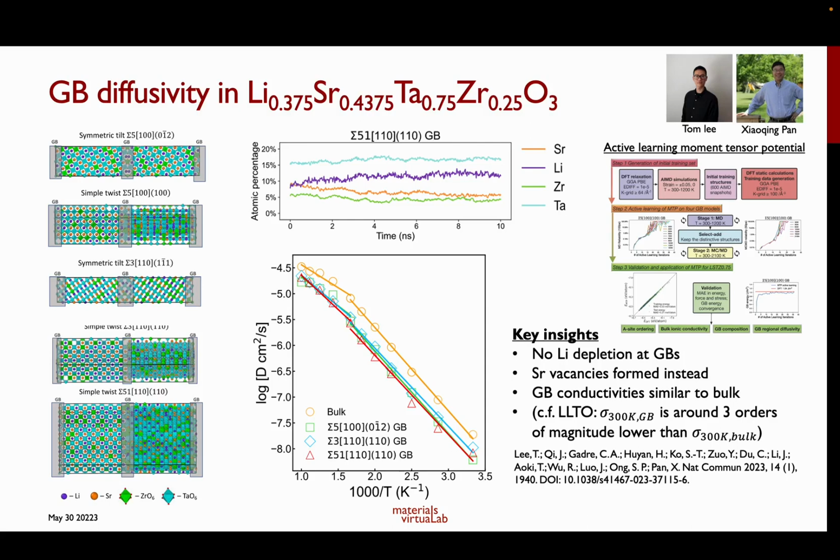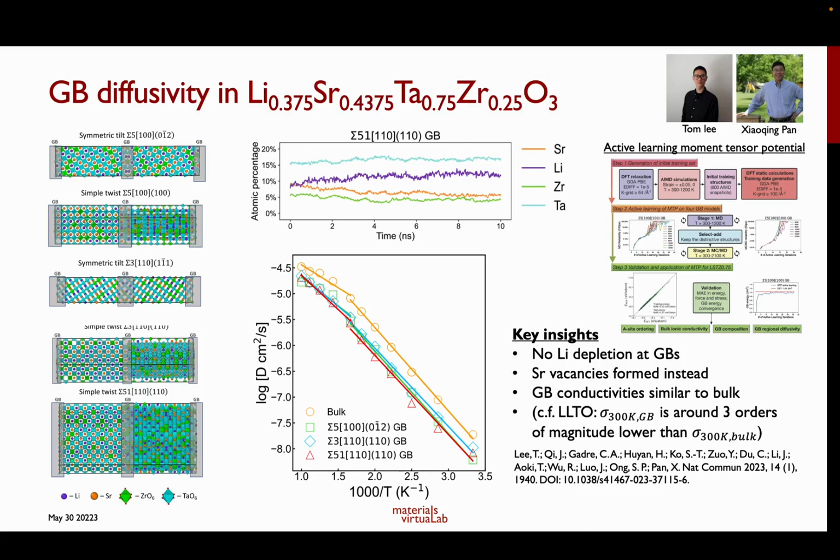And we can derive insights such as, for example, compared to LLTO, we do not actually see lithium depletion at the grain boundaries, okay? The reason there's no lithium depletion at the grain boundaries is because you have strontium vacancies that are formed instead of lithium vacancies, okay? And the net result is that you have grain boundary conductivities that are fairly similar to what you get in the bulk. And this is the reason why LSTZ has a total ionic conductivity that is much better than, say, LLTO,